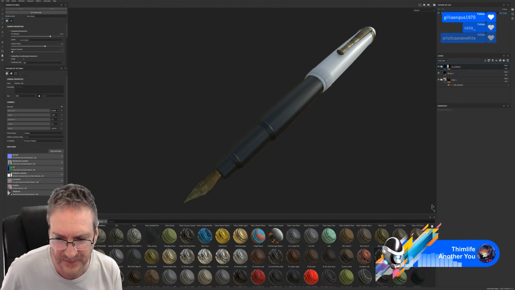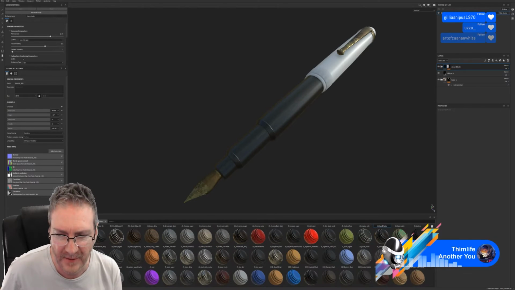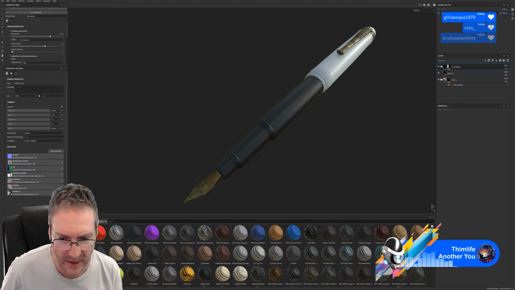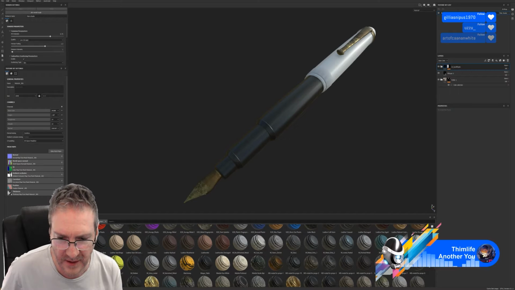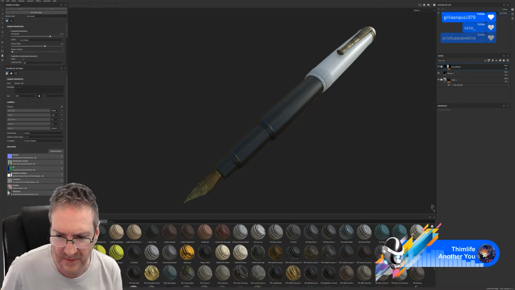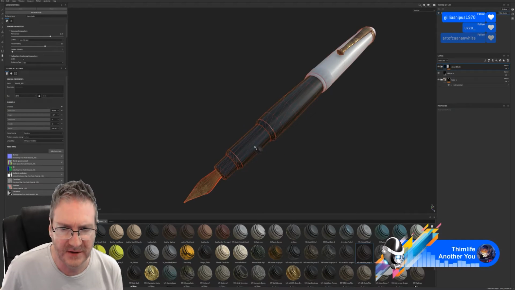Let's see. What do we got here? It could be a metal as well. We could go with, let's see what this metal looks like.